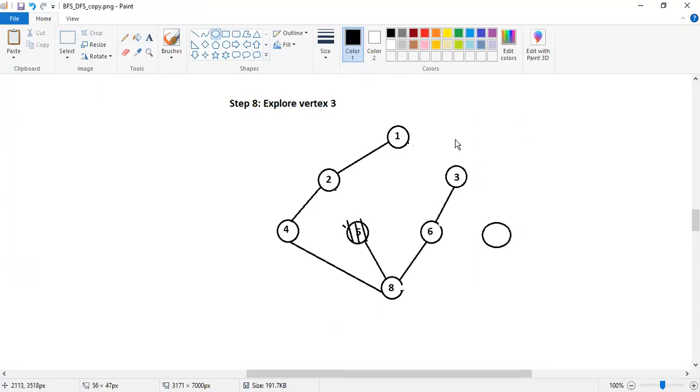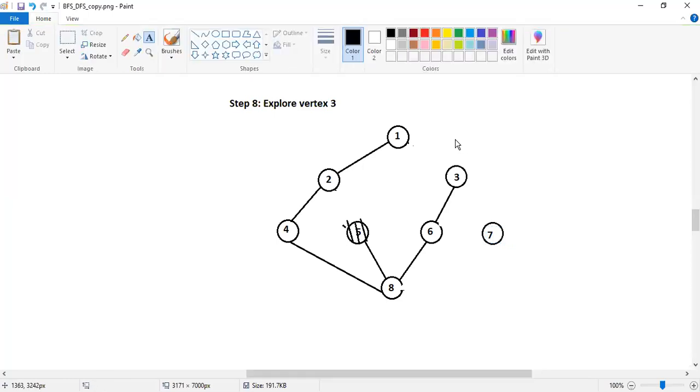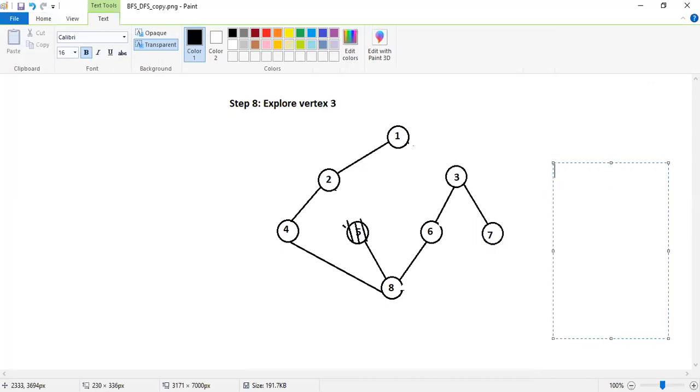Now we will try to explore the other one, that is 7. So we get 7 here. Okay. Now, at the end of this particular step, our stack will contain 1, 2, 4, 8, 6, 3, and 7.